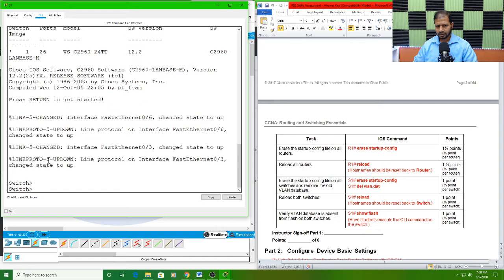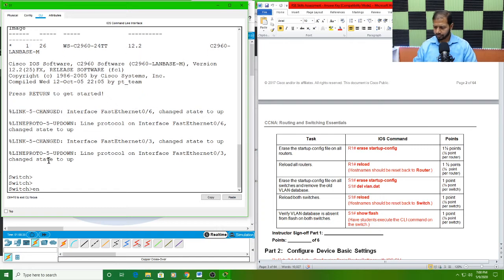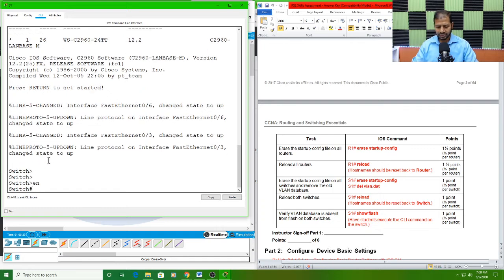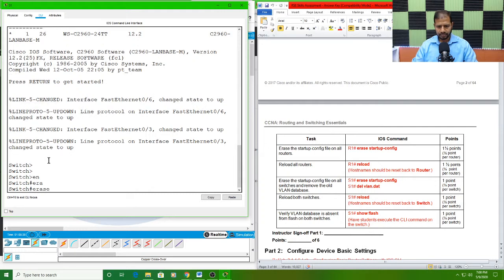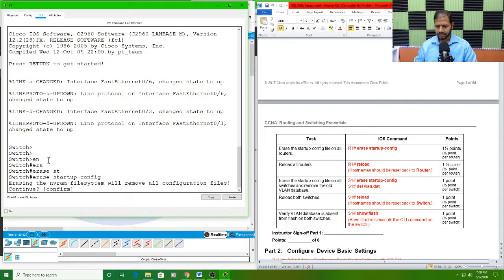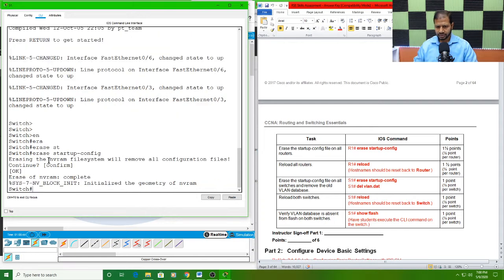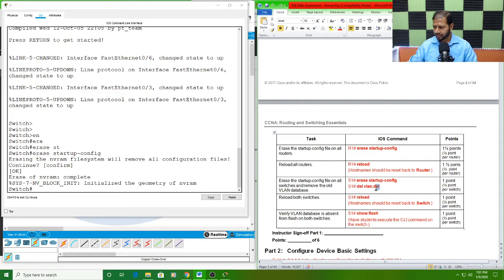CLI, okay, enable, and type the same thing: erase, ERA tab, erase startup-config, ST tab, enter, confirm, enter. Now here is one more command right here: delete vlan.dat. So del,